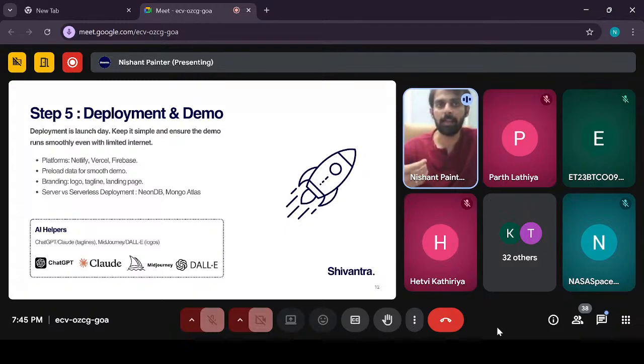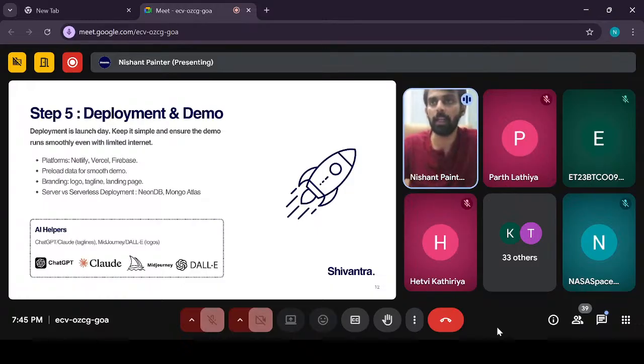You need to place appropriate loaders on the screen. You need to have some message on the screen if it's taking much long, so that when the jury is testing your application and the speed is not good, they know that something is processing. Just having a blank screen will look as if the application is breaking. Right? So try to consider these cases. Try to have proper UI UX and test in low internet speed.